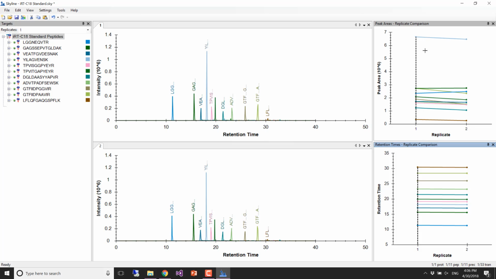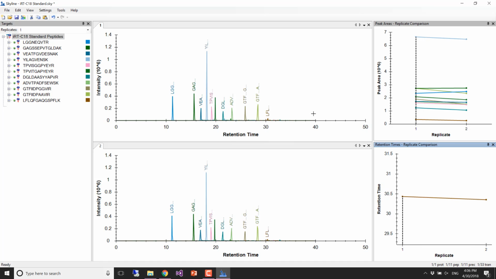And they look pretty good. They look better than the peak areas, right? The peak areas are kind of crossing over each other, whereas these retention times are going straight across, which is what we'd like to see. We could maybe zoom in a little bit to see, in a single one. Okay, so when we zoom in,